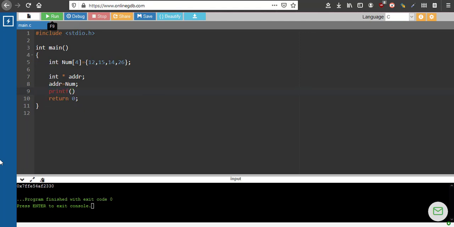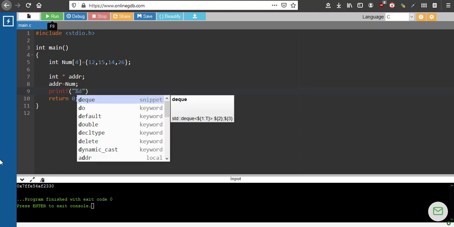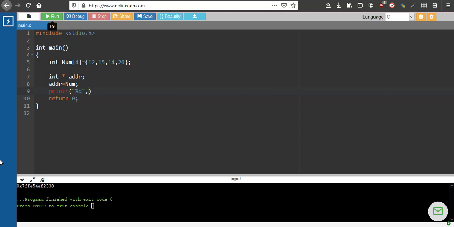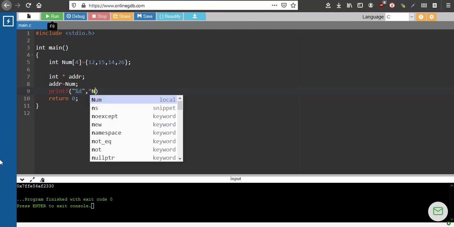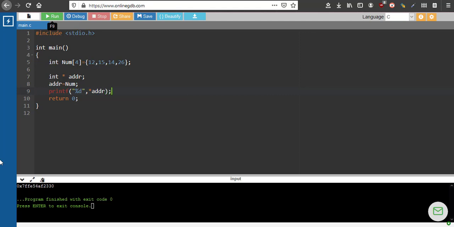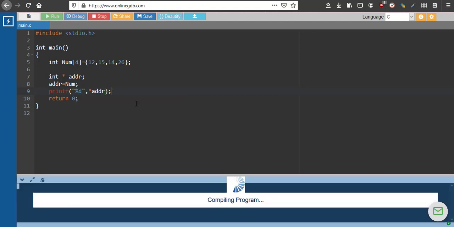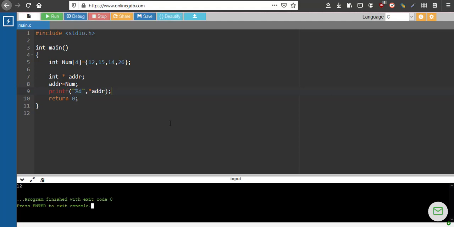Let us see what I will get when I dereference this pointer, address. I will use %d because it is integers. I am going to dereference address. What is the output? Oh, 12. It is giving me 12. Now what is 12? 12 is the first element in this array. So basically address is storing the location of the first element. So num and also address, both are pointers, and num is actually storing the location